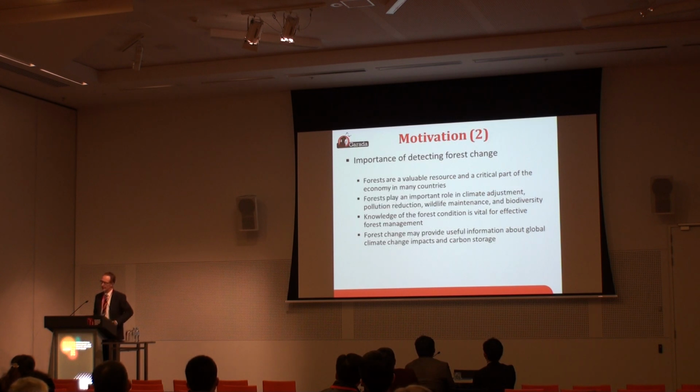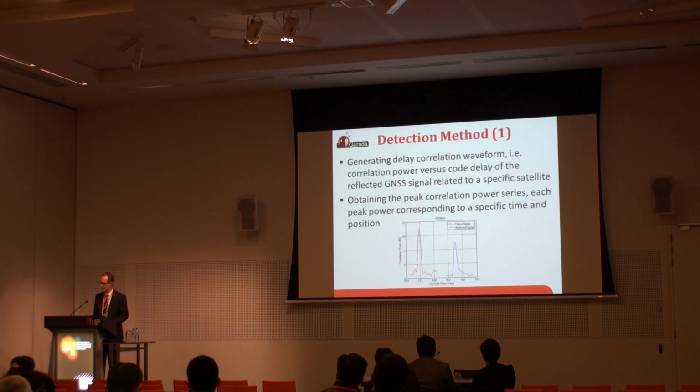Let's look at forests. Forest change detection was actually a project that we looked at in our SAR work. The same project that funded this work funded some SAR work, and we looked at forest change detection there, which is sort of where we got the idea from. And the idea is that change detection is useful for forests in situations like if you're doing REDD, you're trying to keep the forest from being logged. If you're able to detect a road being put into the forest, you might be able to stop the loggers getting in and deforesting and so on. So there's all sorts of reasons why you might want to